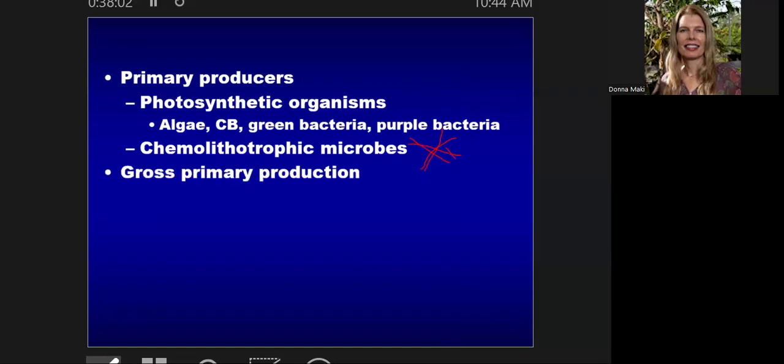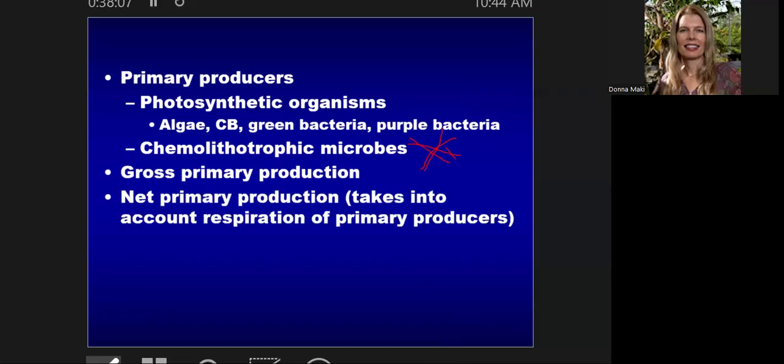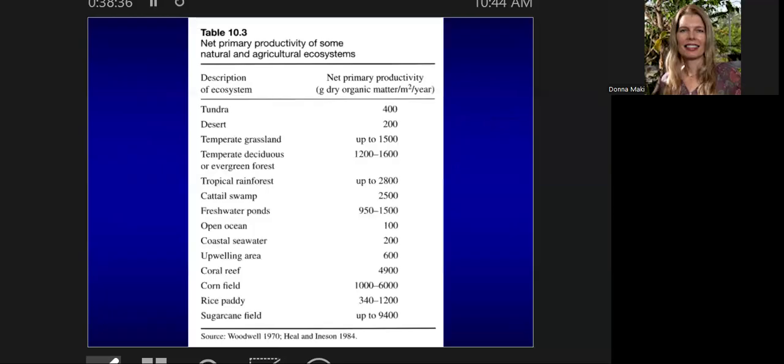And then you have the gross primary production going on, and then they usually will look at net primary production, where you have to think about, these are living organisms carrying out respiration. So they're also, yes, taking in CO2 and fixing it, but they're also breaking down complex molecules in respiration physiology. So then you get your gross, but then you have to subtract out the respiration to get your net. So there's certain levels that you need to think about in terms of total carbon.